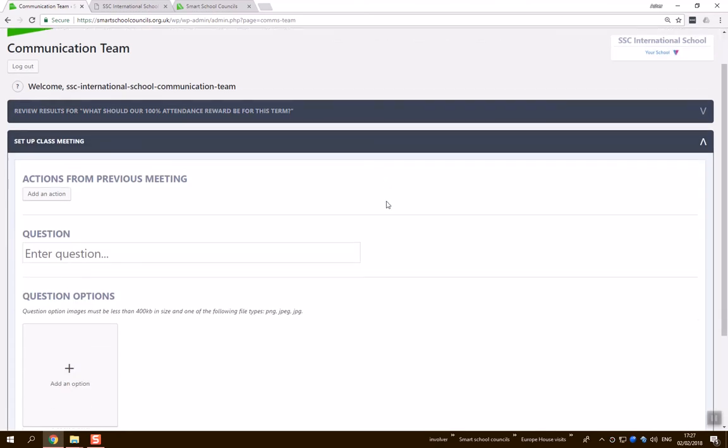Now, because it's our first class meeting, we don't need to look at the actions from the previous meeting. We only need to decide as a communications team what question we are going to ask our entire school for the pupils to discuss and vote upon. And I think it's important that we remind ourselves that these questions should be useful and purposeful in those discussions. For our example, we're going to ask, what